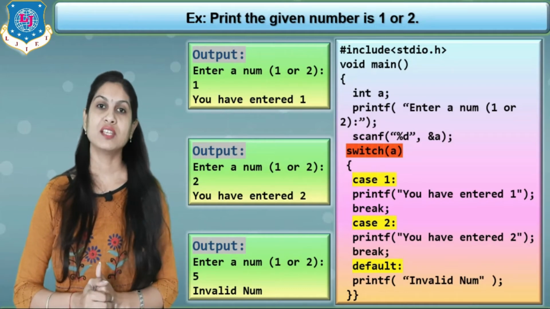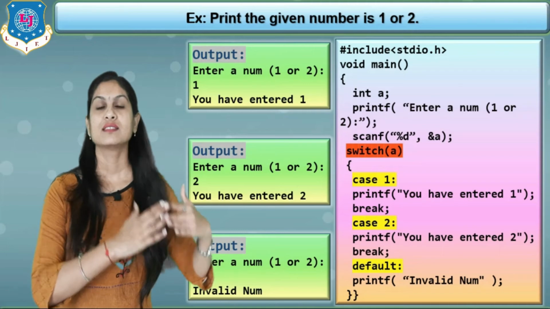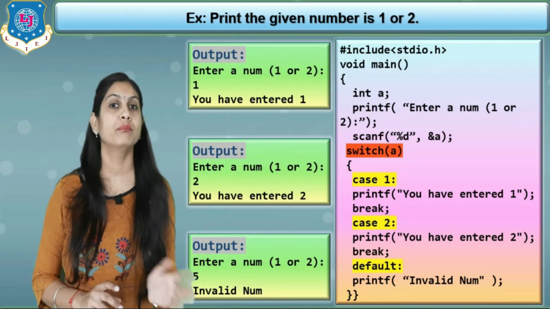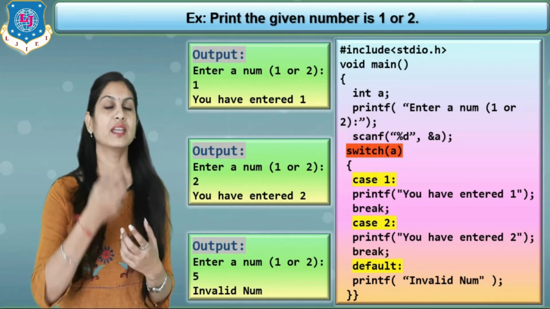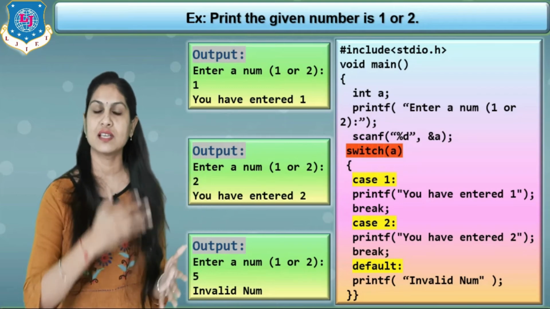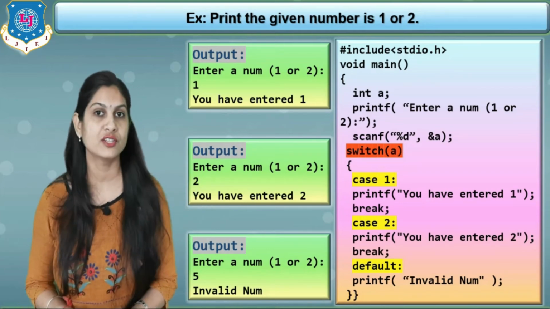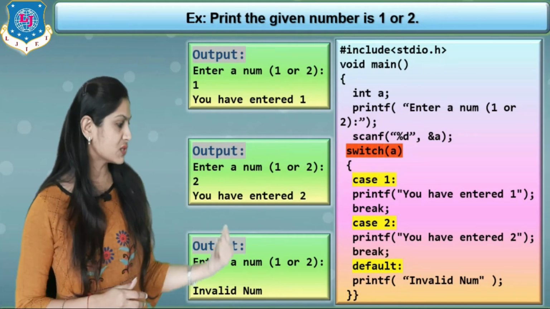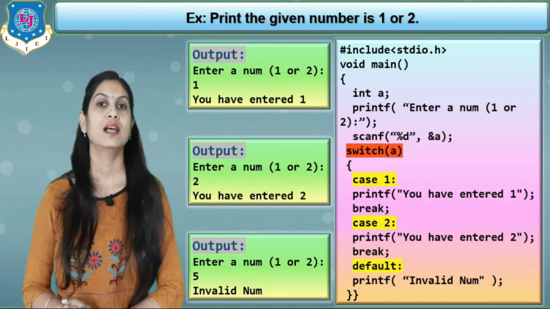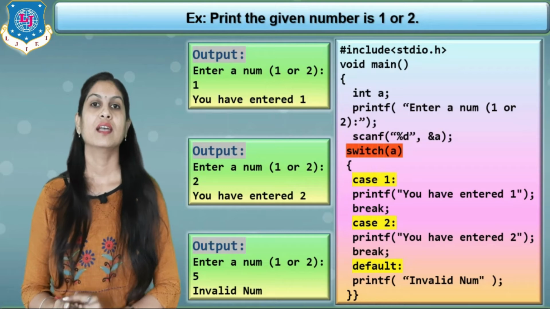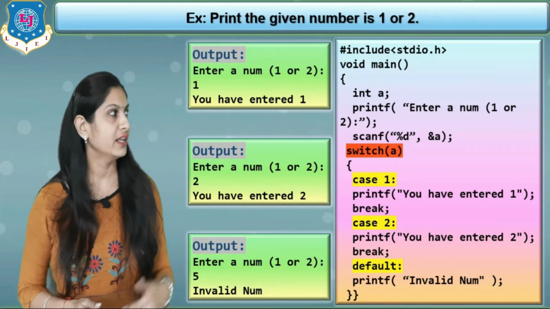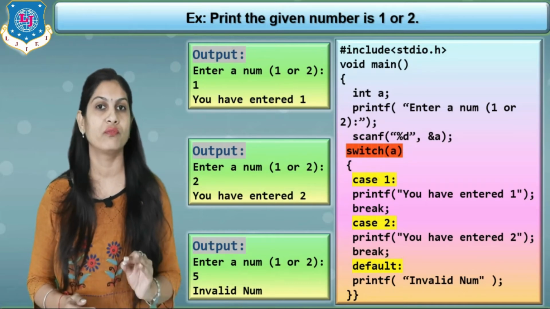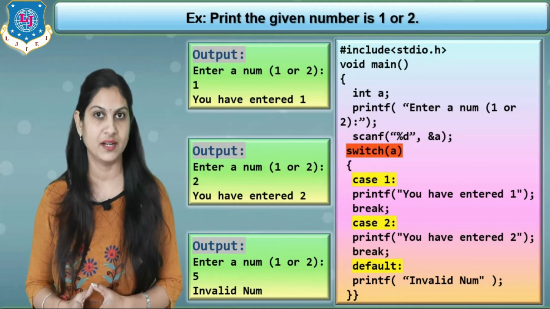When you can apply the switch, so switch is nothing but the second option of an else if ladder that we have already discussed in our previous lectures. So if you remember, in an else if ladder there are so many conditions and so many brackets that increase the complexity of the program when we are writing more conditions. But now the switch becomes very easy compared to the else if ladder. So mostly we are using the switch instead of else if ladder, but it has only one disadvantage, that is it supports only integer and character data types.